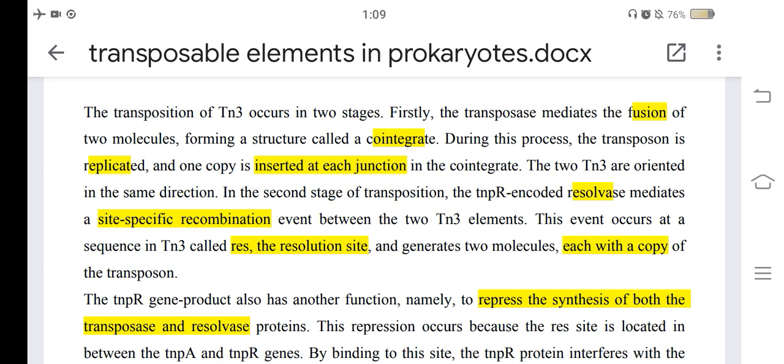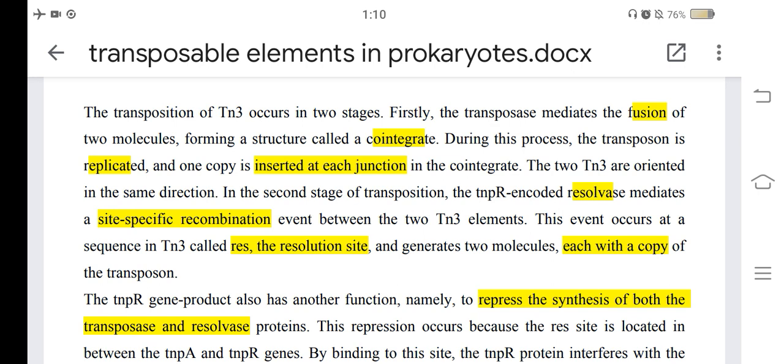During this process, the transposon is replicated and one copy is inserted at each junction. In the cointegrate, the two Tn3 copies are oriented in the same direction. In the second stage of transposition, the tnpR encoded resolvase mediates a site-specific recombination event between the two Tn3 elements. This event occurs at a sequence in Tn3 called res, the resolution site, and generates two molecules, each with a